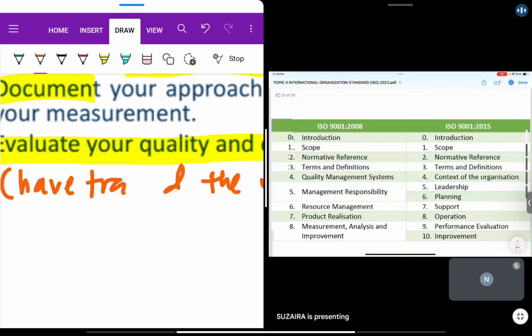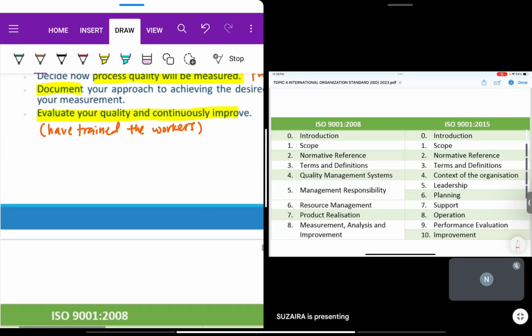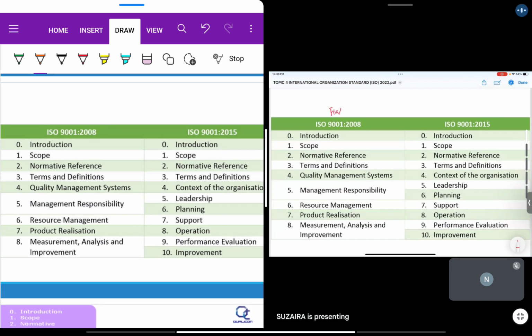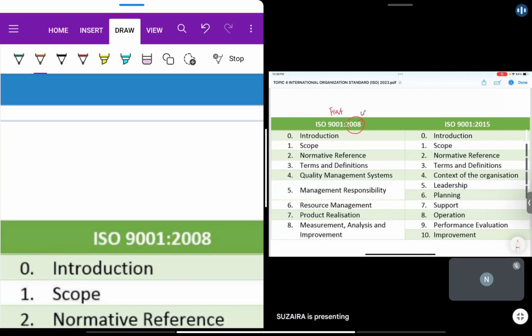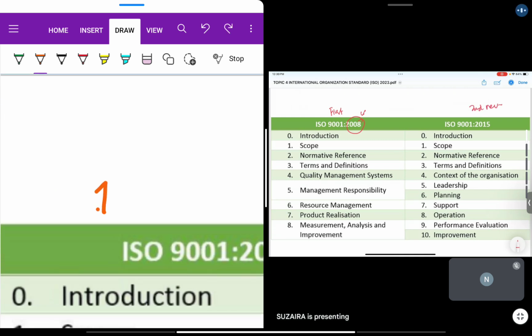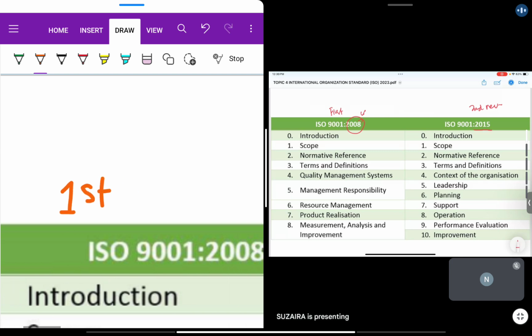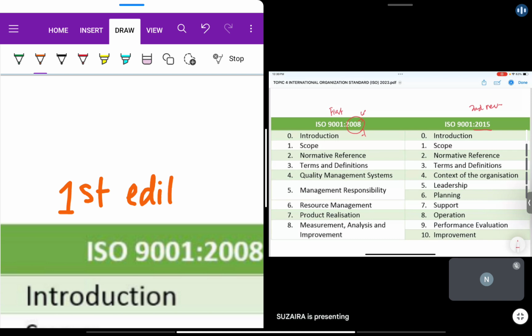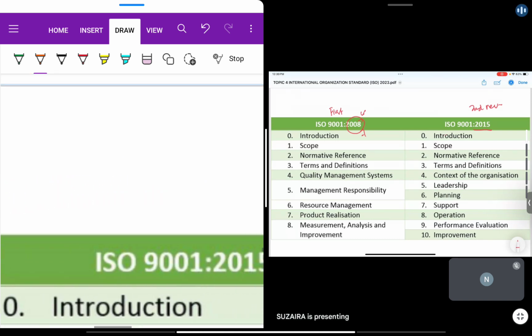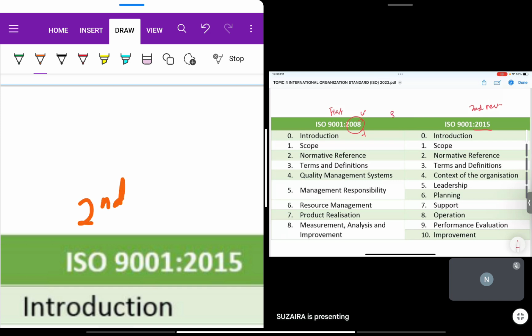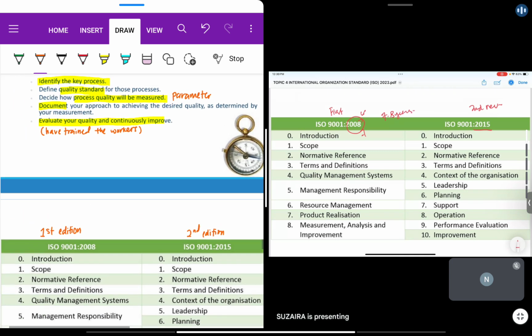Comparing, this is the old version, the first revision of ISO 9001, 2008, the year where they revised. The first revision, this one is second revision. If you look at 2008, 2015, how many years is that? 7 years. So usually to review back the new management system, it takes around 7 to 8 years. So they'll come up with the new requirements.